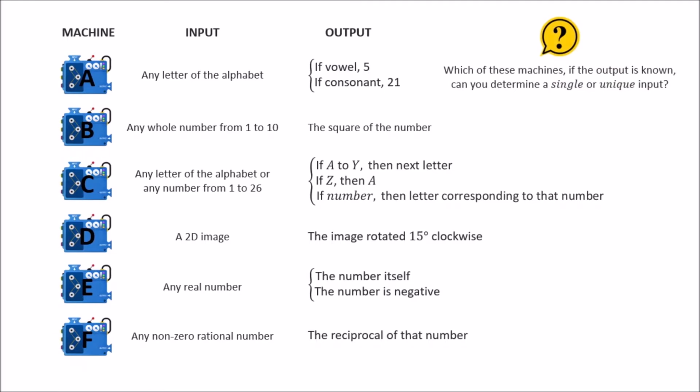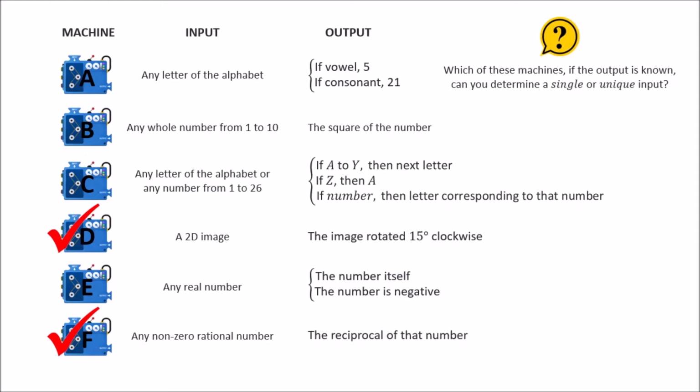Next question is, we ask, which of these machines, if the output is known, can you determine a single or unique input? Again, I suggest that you pause the video and analyze each machine before I reveal the answer. For the answer, only machines D and F qualify as machines where, if we know the output, we can determine a single